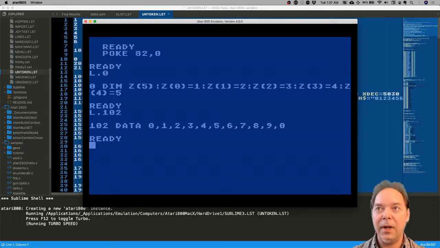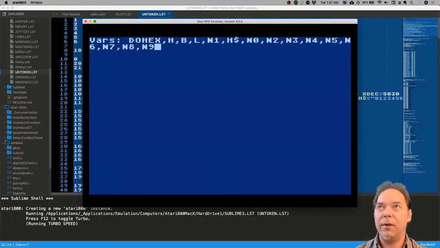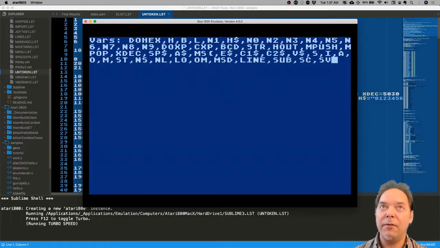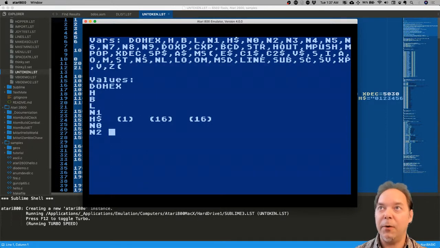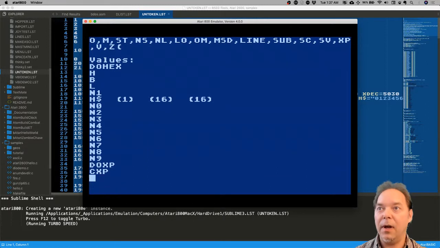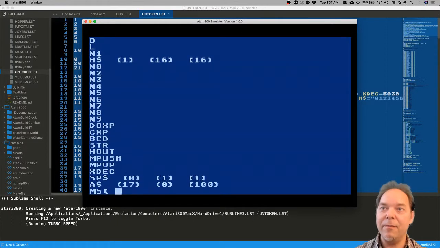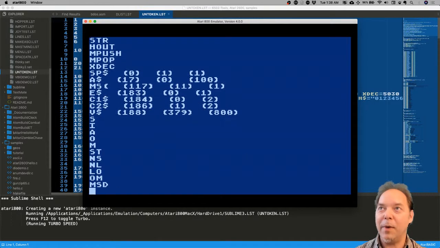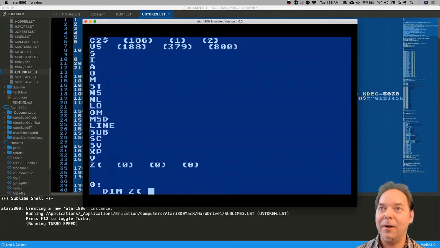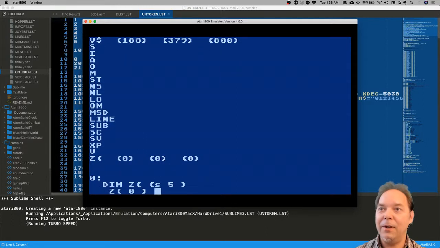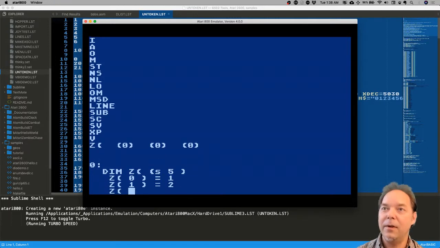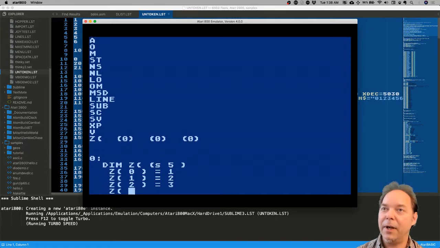So if I run this again, my listing might look a little better. Yeah, here it's listing out the vars, and I'm doing it slower so you can actually read it. It finds all the variables in the variable table, then reads the value table. It tries to figure out what the values are, and it's reading back some things there. And now it's doing my listing. Yeah, so there we go, line 0. You can actually read it. It looks like,